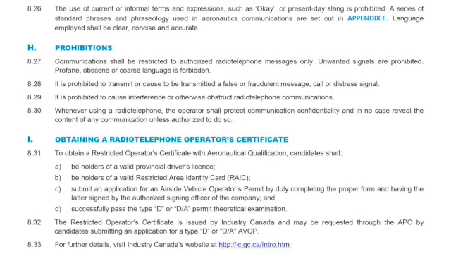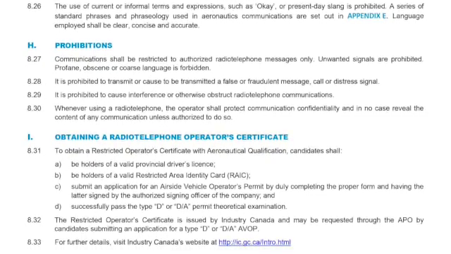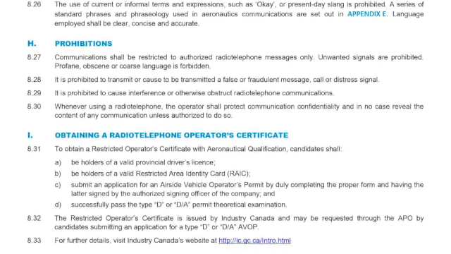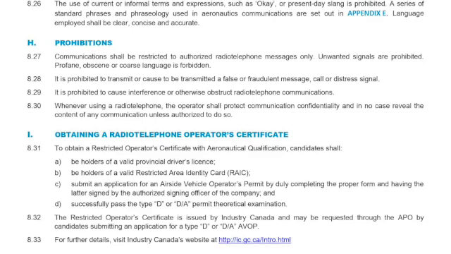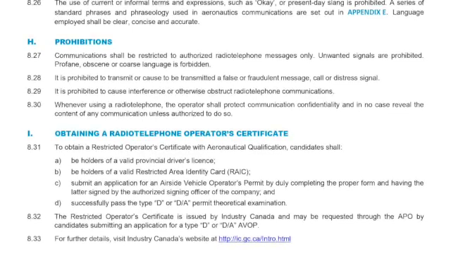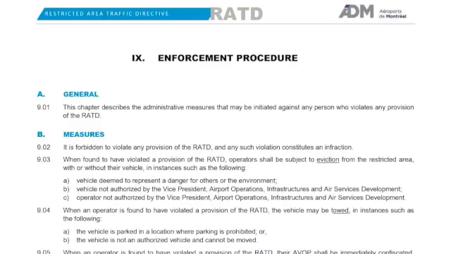32. The restricted operator's certificate is issued by Industry Canada and may be requested through the APO by candidates submitting an application for a Type D or D/A AVOP. 33. For further details, visit Industry Canada's website at http://ic.gc.ca/intro.html